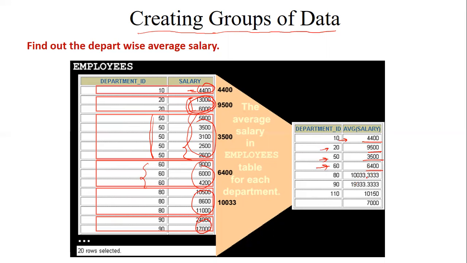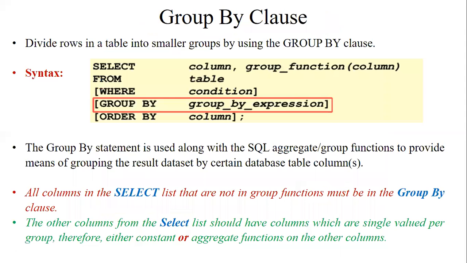You can easily identify here, right? Is it okay? Here you can see this has 19,000, so it has the maximum average salary. So this department has the maximum average salary, and you can return it this way. How you can use these groups and how you can write the query, we have to see. In order to group these rows, you can use the GROUP BY clause.